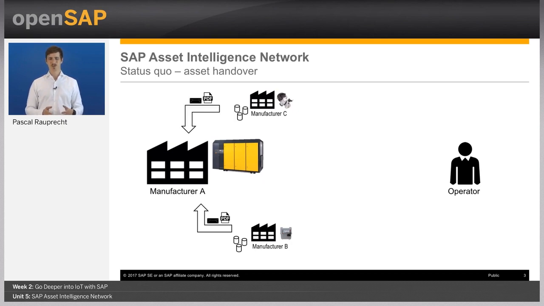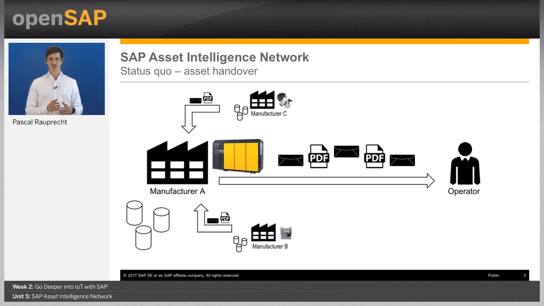Once they ship those parts to manufacturer A, they extract the data from their backend systems and send it to manufacturer A, either as letter, email, fax, or maybe even phone calls where they just tell the specifics about those parts and components. Manufacturer A in turn usually has whole departments receiving the data, putting it into their backend systems, where they store all the data of their assets and also of the supplied parts and components from other manufacturers. In the end, once the compressor is done and manufactured, it's shipped to the operator,